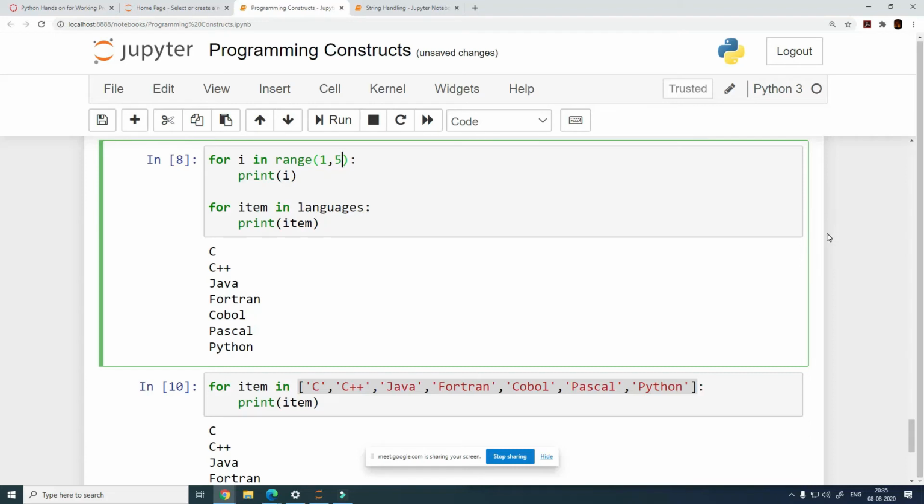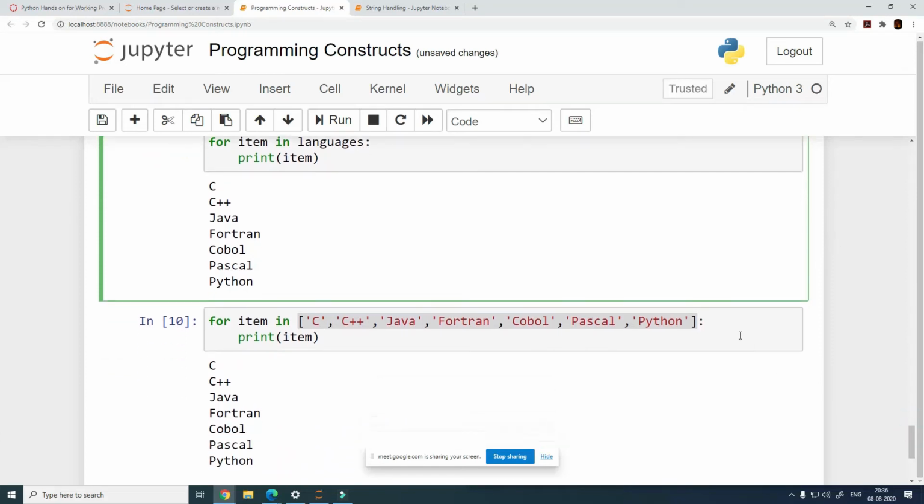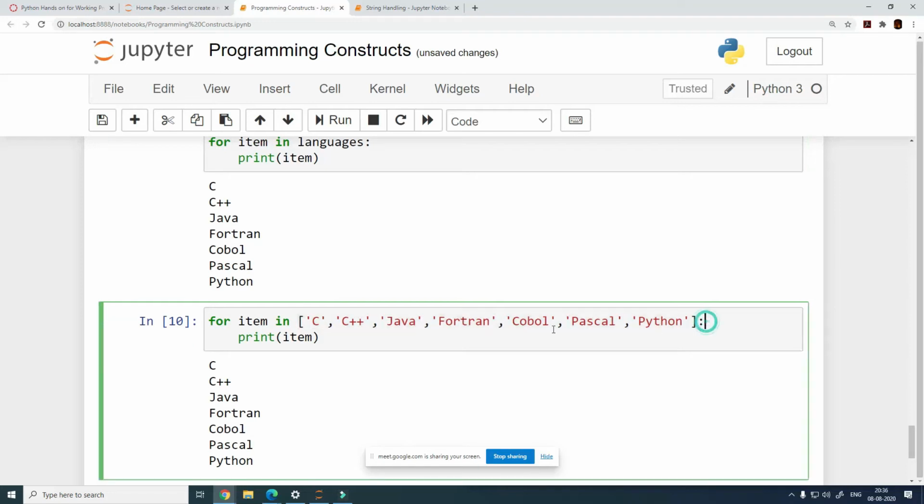So I have been specifying it as 1 all the time, so that it becomes clear to you that even if it is not specified, it is considered as 1, and you always have an option of changing it, right? You can change it to 2, 3, -5, whatsoever suits you. So to answer your question, Gajendra, there is no step parameter when you are using it with a list.